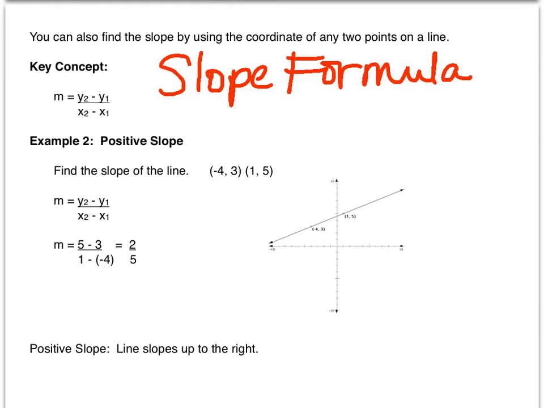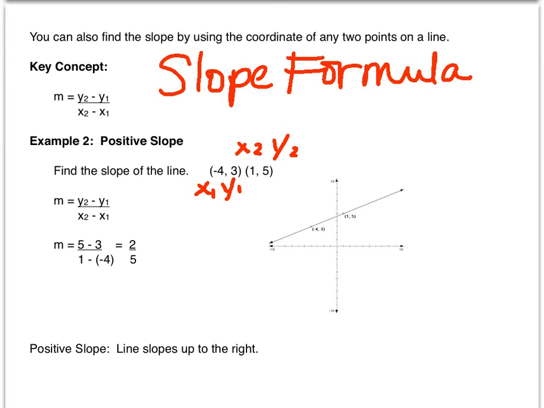So for example, in this one we could pick x1, y1 as negative 4, 3, and x2, y2 as 1, 5. Each time that you do these problems, it's helpful if you go ahead and name them and write it next to the points so that you'll know what you're doing when you substitute the points into the formula. So when we substitute, y2 is 5 minus y1 is 3